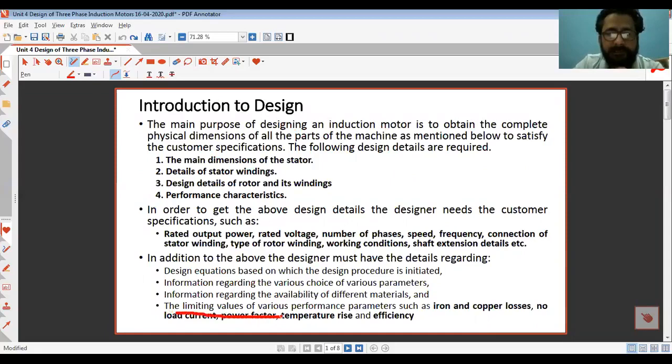So the limited values of various parameters such as iron and copper losses, no load current, power factor, temperature rise, and efficiency, right? Because all these things are correlated, that is what I said: optimal design means you have to take care of all these things to get an optimal design, right? So